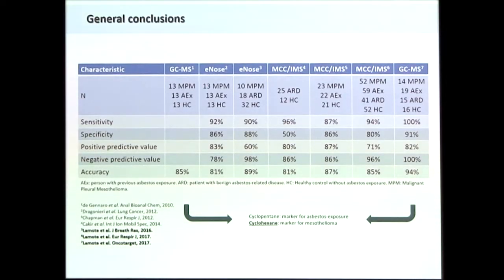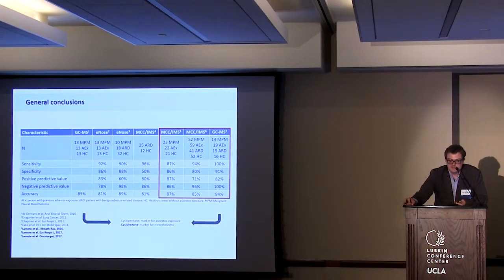Now, looking at all of the studies that have been done previously and what we have done in the last 3 studies, basically we have in-line results, certainly looking at the accuracy, and given the promising sensitivity and negative predictive value, a breath test could potentially be used as an exclusive screening tool, where patients with known asbestos exposure could undergo this breath test, and a negative breath test could spare them further follow-up with the current invasive methods. And again, we have found cyclohexane as a potential marker for mesothelioma.